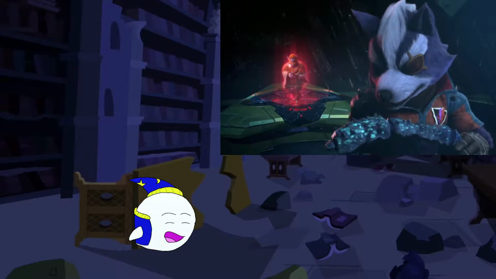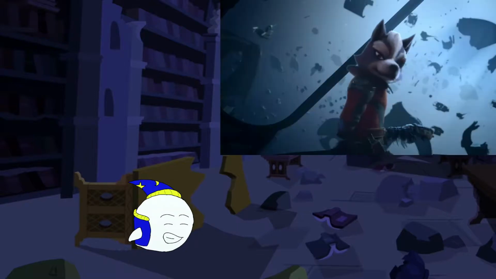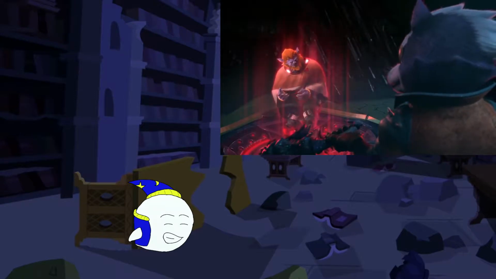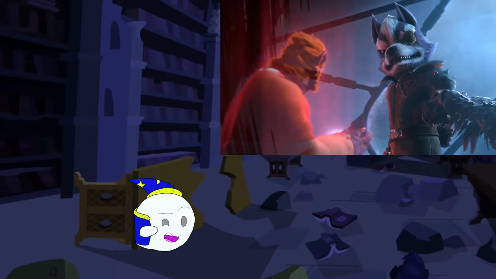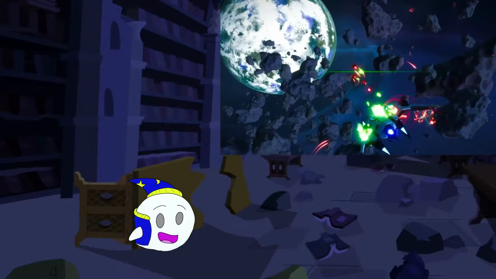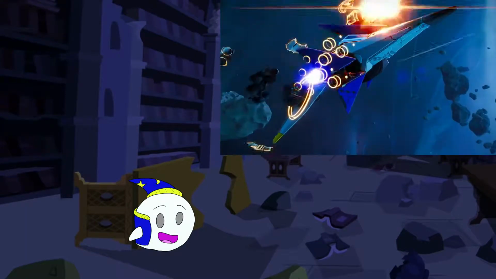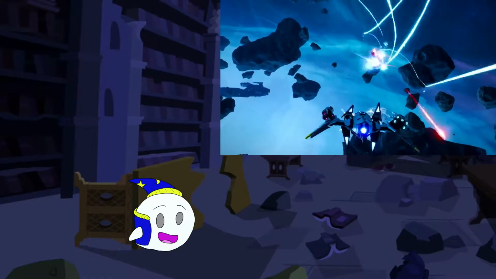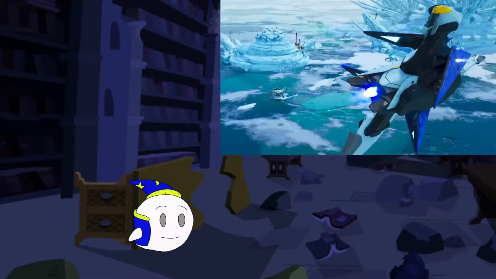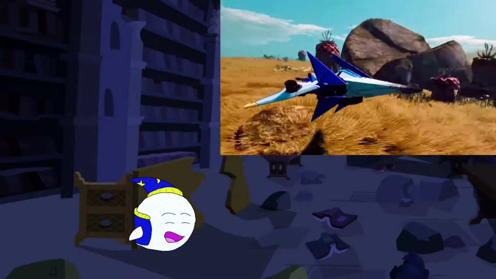Now, how is this a toy-to-life game, you may ask? Well, unlike other games, Starlink's ships you can buy individually. Each ship has different wings you can snap onto it, different weapons you can snap onto it, and different pilots you can give for different abilities. Each character, each ship, each weapon is unique in its own right, and you can up-level each individually to make